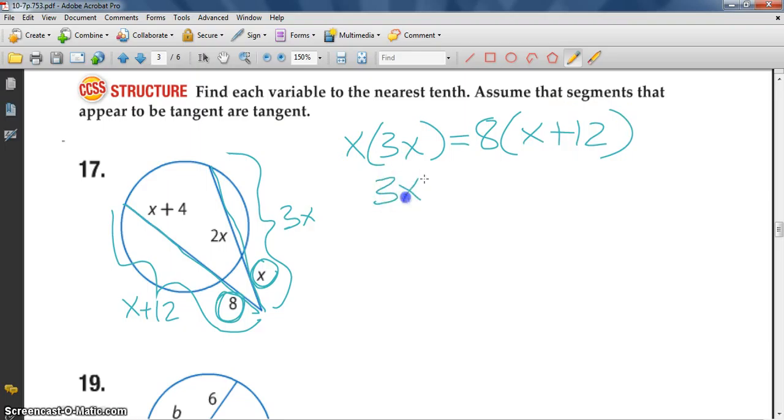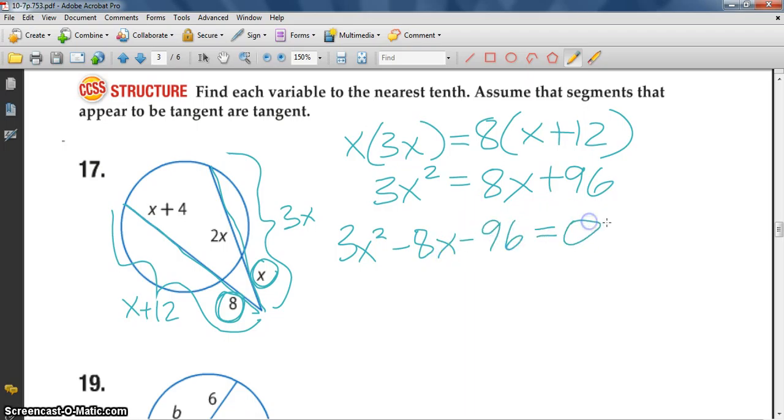So this would give me 3x squared, and if I distribute, I would get 8x plus 96, and we have a quadratic again, so get it in standard form. You always want your squared term to be positive, so that means I want to subtract 8x and 96 from both sides. And I get this. So now my A is 3, B is negative 8, C is